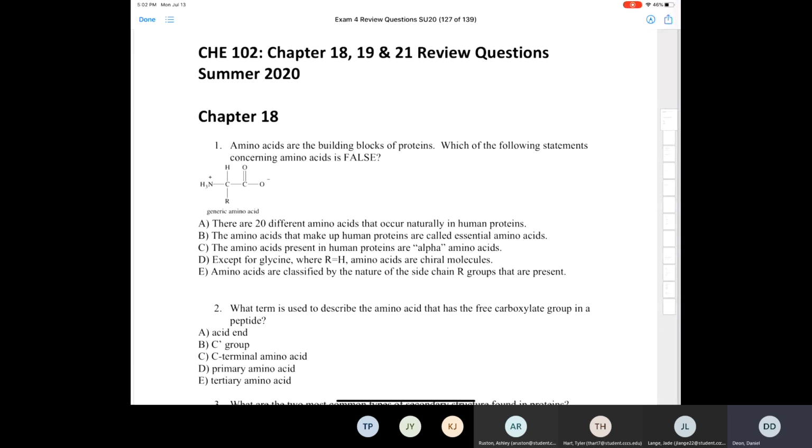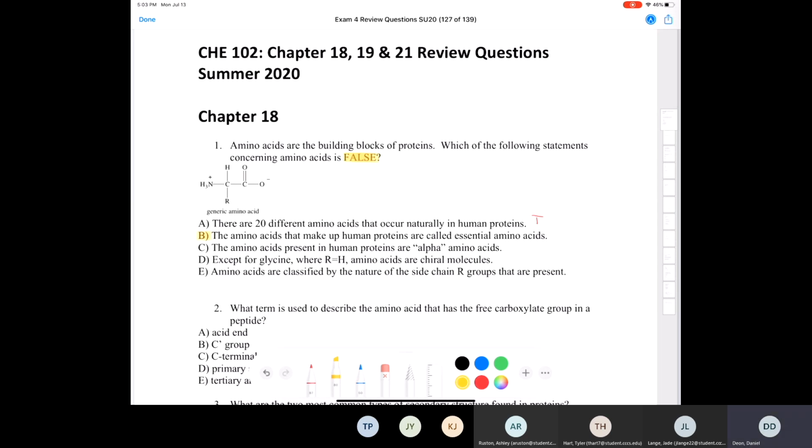First question says, amino acids are the building blocks of proteins. Which of the following statements concerning amino acids is false? Let's take a look at all of them. A, it says that there are 20 different amino acids that occur naturally in human proteins. That is true. There are 20 natural amino acids. B, the amino acids that make up human proteins are called essential amino acids. That is false. Okay, so it's asking us for a statement which is false, and the answer is going to